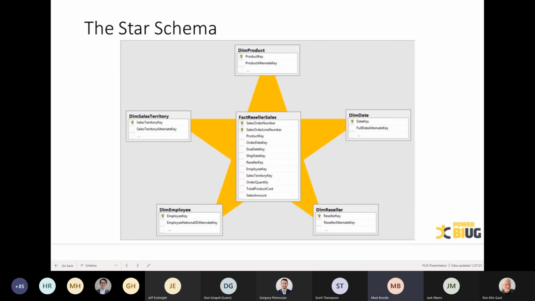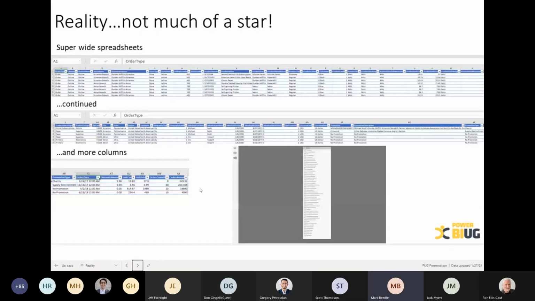So that's my story. This is what a star schema looks like, but I bet if we looked out in the wild, most Power BI data models look more like this, right? This doesn't look like much of a star. We usually have one really big, long, wide table with lots and lots of columns because it came from Excel.